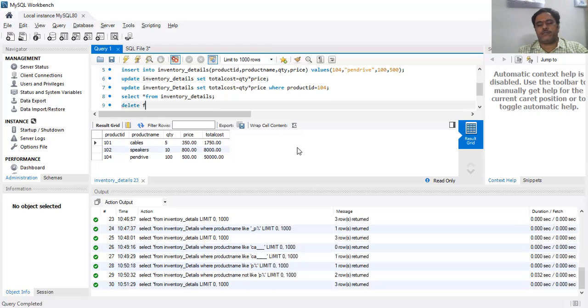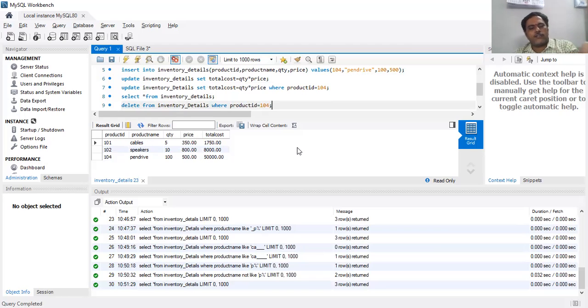Delete from which table? Inventory details. That means we have to delete from the inventory details table. What do you have to delete? You have to specify the condition: where product ID equal to 104.